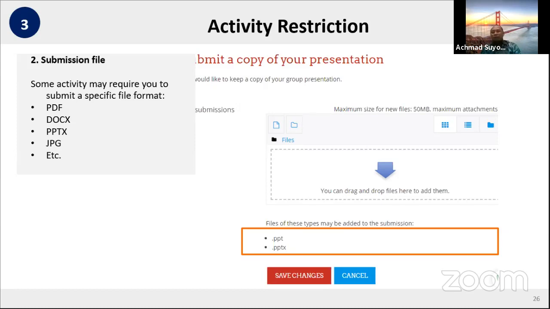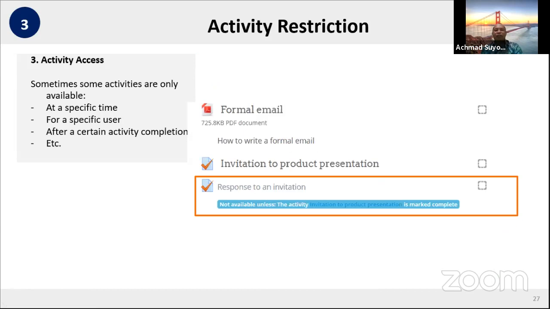Read the instructions and try to see what restrictions are applied to the assignment. Now the next one will be the restriction on the access, the activity access. The restriction can be in terms of time, can be in terms of the user specific. It can be also other activities. For instance, here,